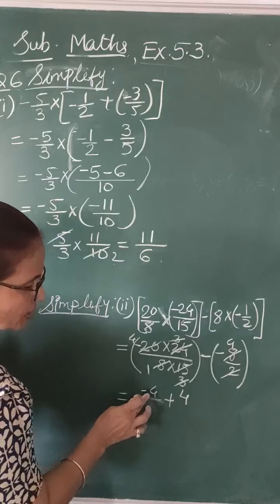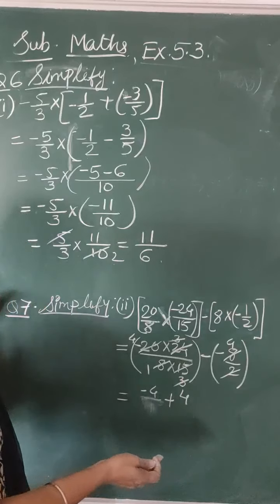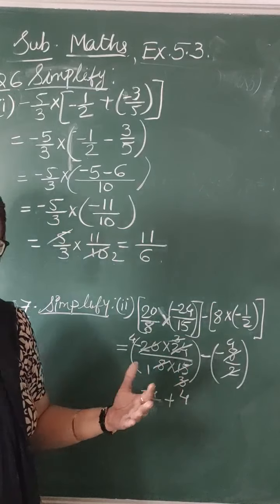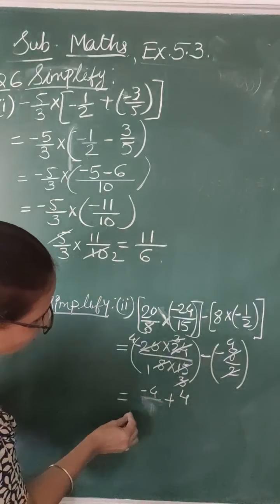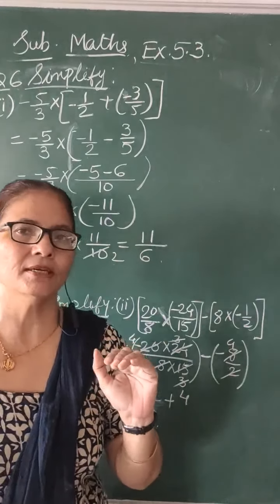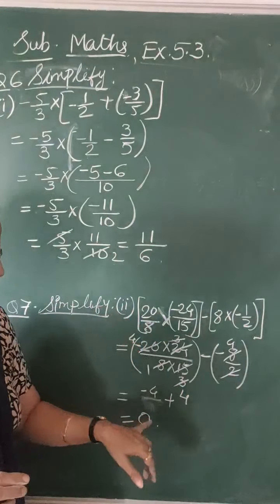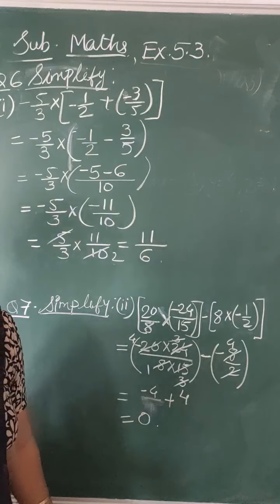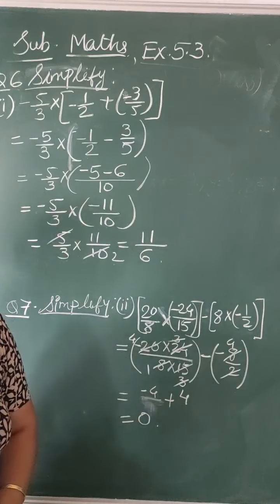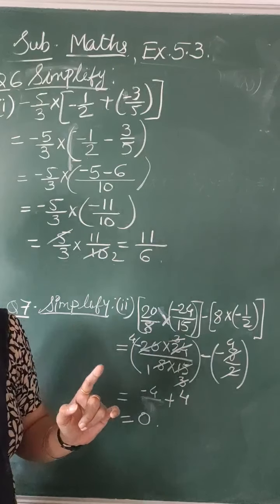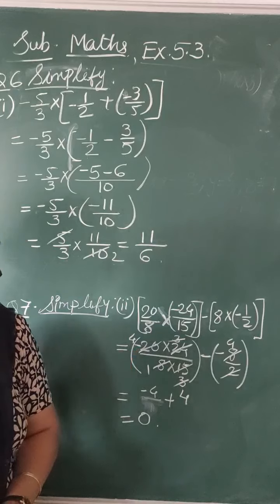Now children, see, you are getting minus 4 plus 4, and you know these are additive inverses, and when we are adding additive inverses, the answer is always 0. Means if the number is same and the sign is opposite, its answer is always 0. So minus 4 plus 4 is what? 0. Okay. Now I already told you in the old textbook, cancel, fill in the blanks. Now let's move to question number 9.